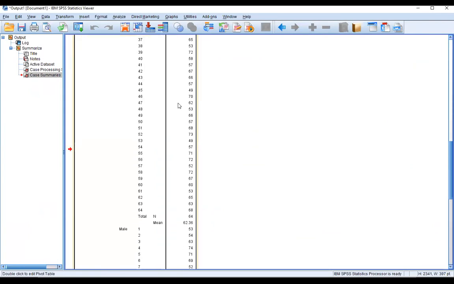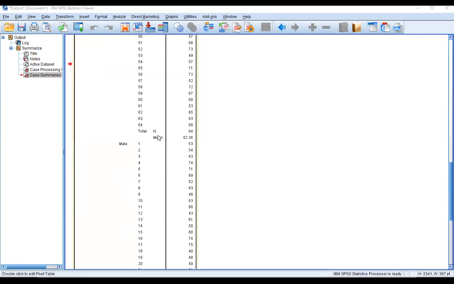Okay, so now how many students? The number of female students, you can see here, is 64. So there are 64 female students, and the mean marks obtained by them is 62.36.